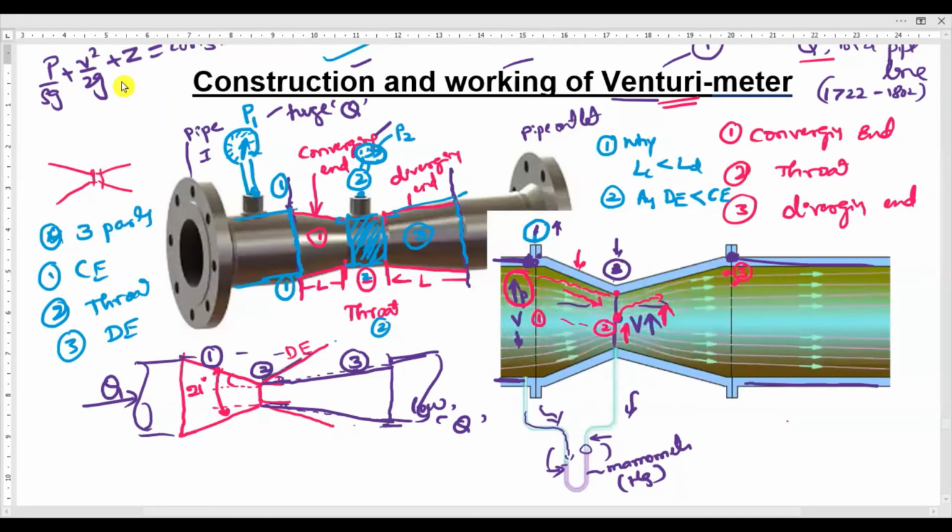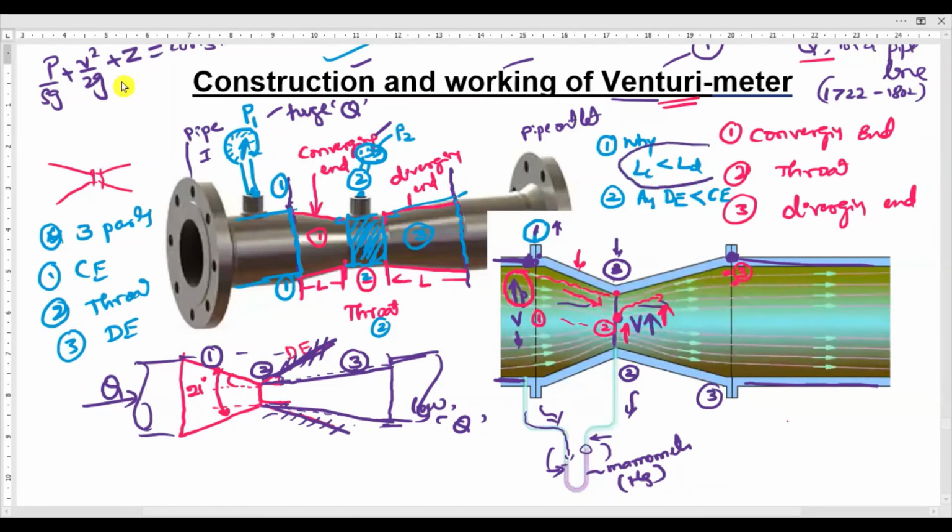Okay, this is not a design of the venturimeter, it is wrong. If you take it in this way, there will be backflow. Instead of water flowing from point number 2 to point number 3, the water will flow in the reverse direction if you take a larger angle. So to avoid that condition, they have taken the length of the diverging end to be more. Okay, so that is one point.